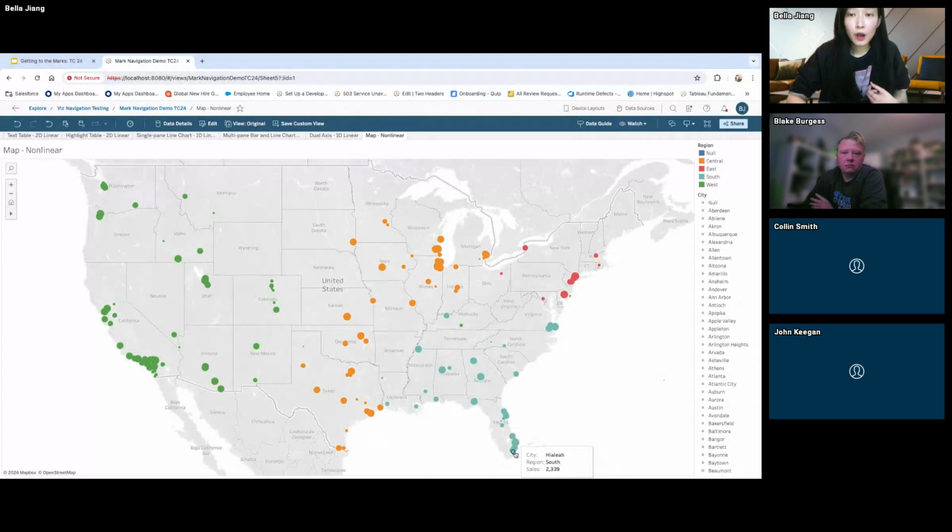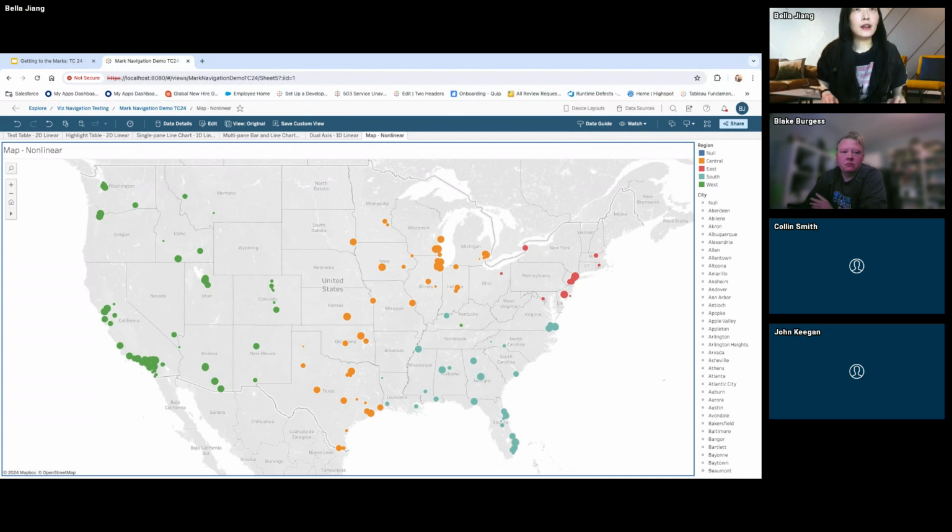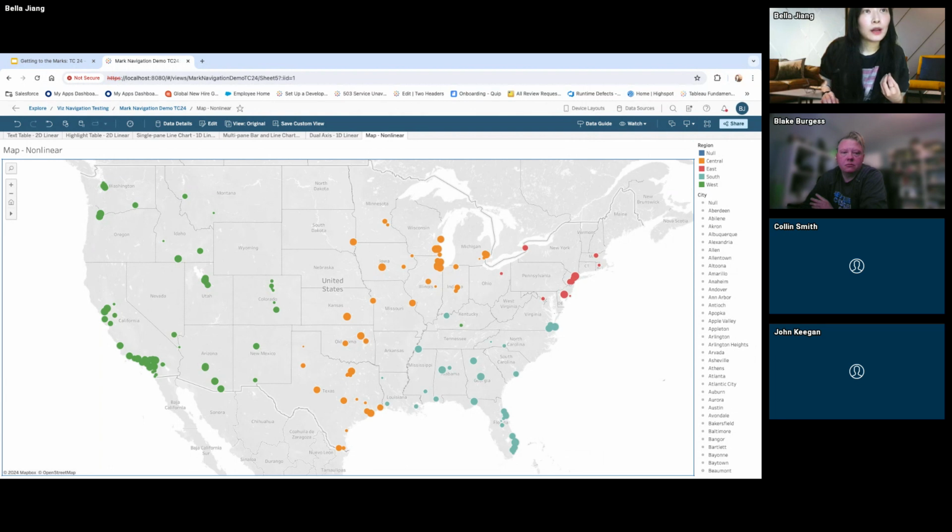So how can we solve this problem? We determined to implement an extra navigation layer between the viz level navigation and the mark level navigation. So here we are on the viz level navigation. By pressing the Enter key, we can step into the focus rect level navigation. Sorry, I think I used the wrong